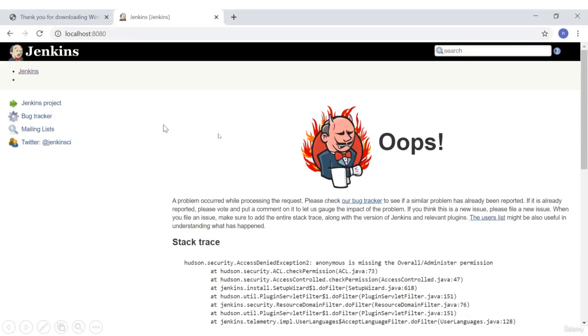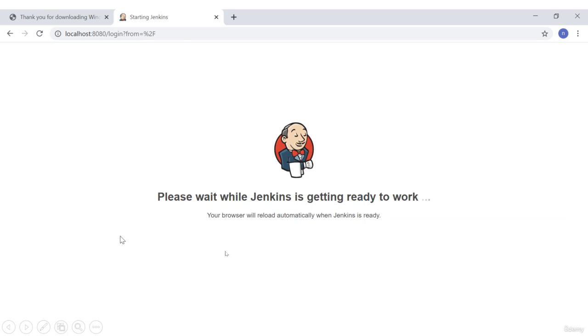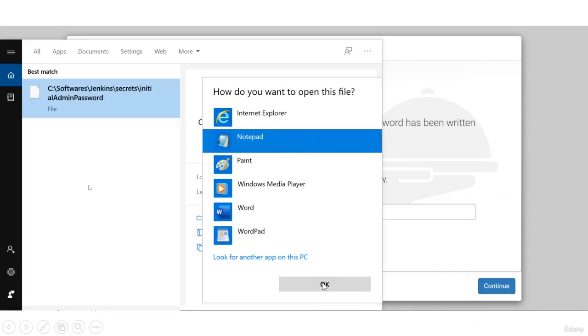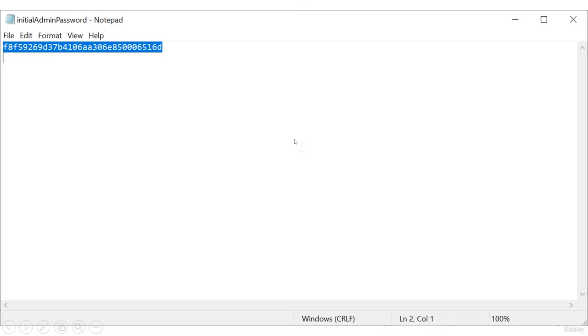Just click on that in Jenkins, and after that it will start. Please wait while Jenkins is getting ready for you. After that you may need to unlock Jenkins. So you have to open the path of the initial admin password, and whatever content is there, we need to paste it. So just put that in, and then in software Jenkins and installations, open it in a notepad